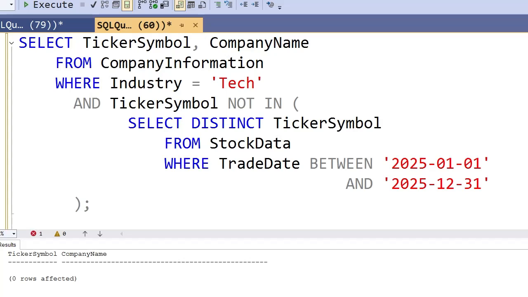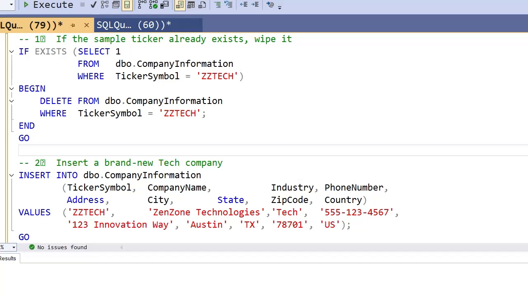So what we are going to do is insert a fake row and make sure that it is returned with this query, and then we can delete it when we're done. Then we have more confidence that our query worked. This code first deletes the temporary row if it already exists, then inserts a fresh one. Because the company I'm adding is in the tech sector and brand new to the table, it has no trading